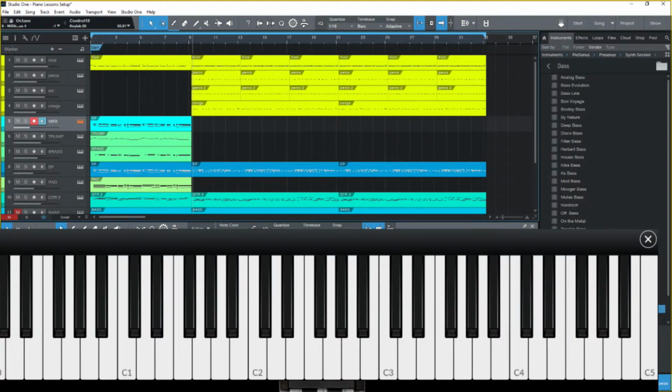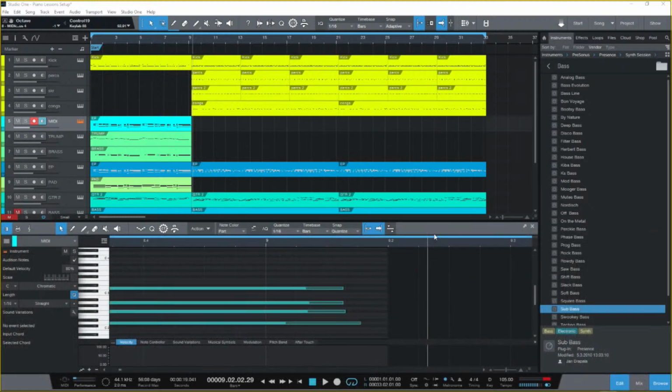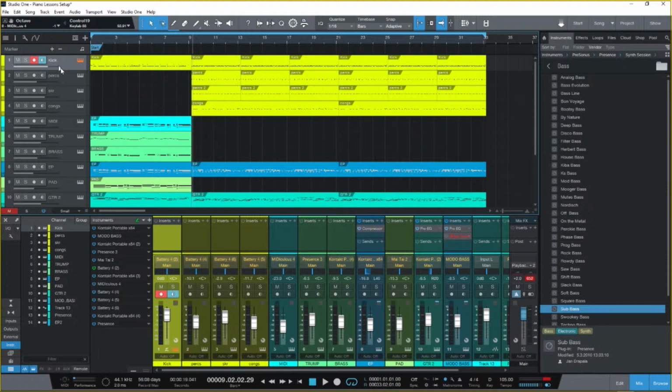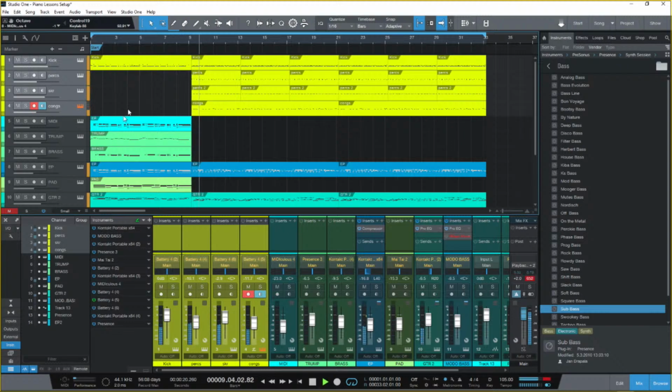Okay, so let me move the piano out of the way because we don't even need a piano at this point. Okay, so with the main body, what we need to understand is this. Okay, so we of course got our drum instruments, which is all these. So let's actually talk right here. Okay, so it starts,